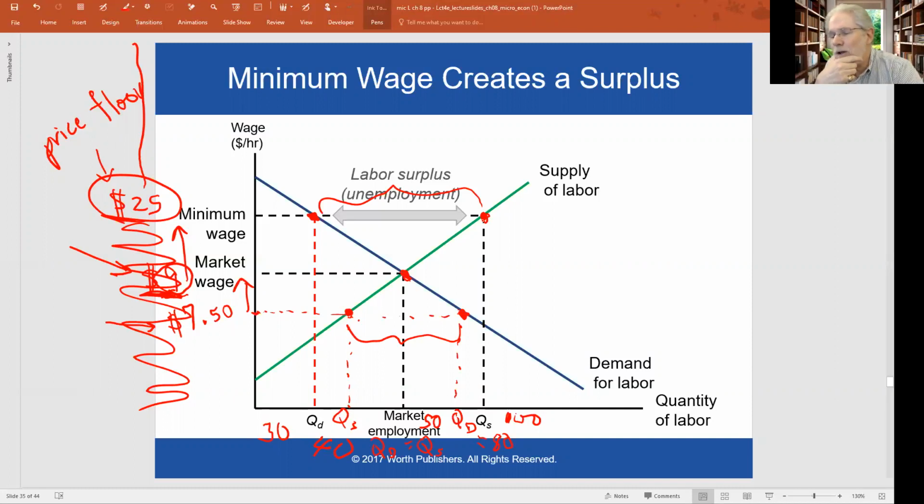If we talk to a worker, they say, "Oh, I really want a job. You know, I'd be willing to work for $8 an hour, but I can't find a job." You talk to the employers, and they say, "Well, we'd love to hire more people, but we cannot hire anyone and pay them less than $25 an hour." So when they look at each person, they're thinking, is this person worth $25 an hour? And if not, they're not going to hire them.